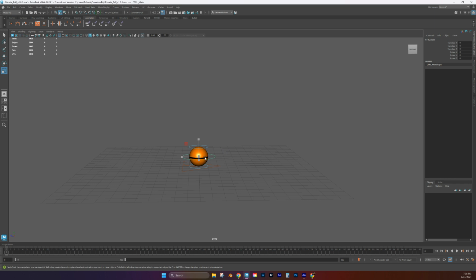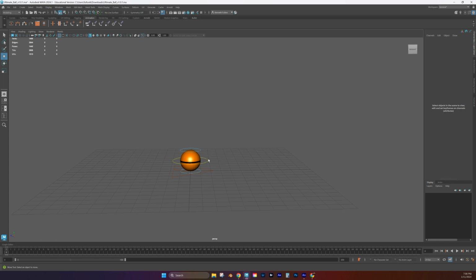Now, once we're back here, I have my main control selected. It's the only one I'm going to be concerned with for now. This first part is just the main control. And what I want to do is make sure I set up what my motion path is going to be first. So I'm going to click on that main control, this large ring here,